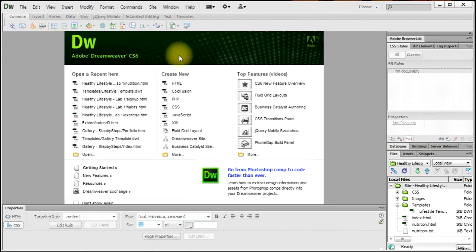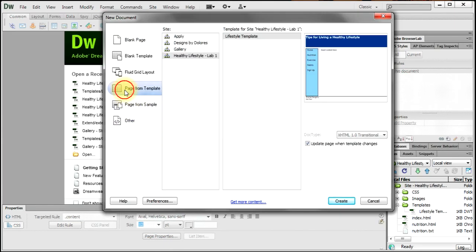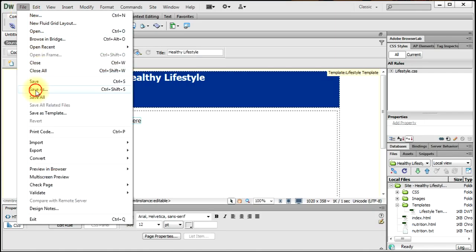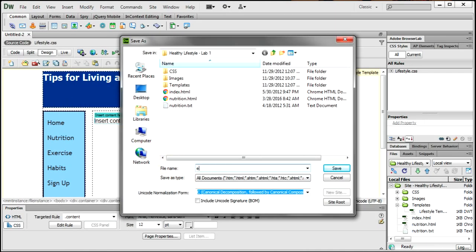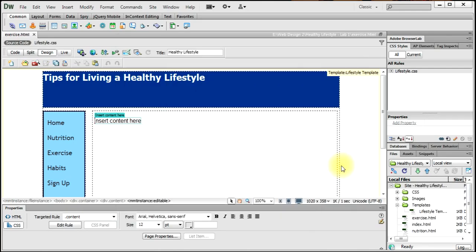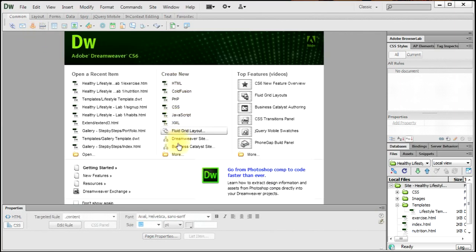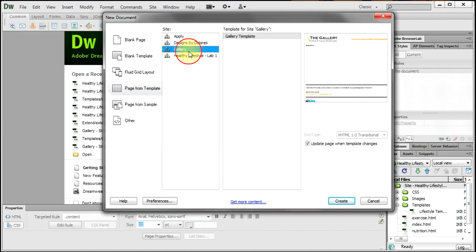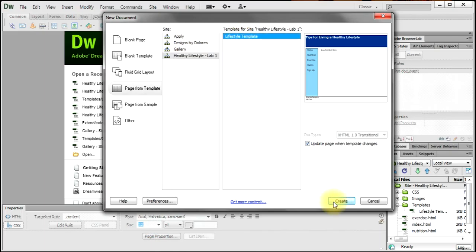We are going to repeat the process. Create new, go to more. We want a page from template, the Healthy Lifestyle template, create. We want to do File, Save As, and call this exercise.html, and then save. I'm going to close that page, create new, more, page from template, lifestyle template, create,